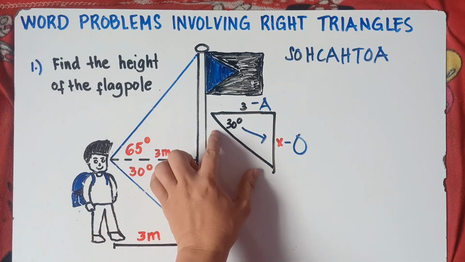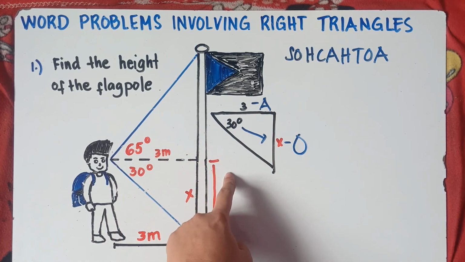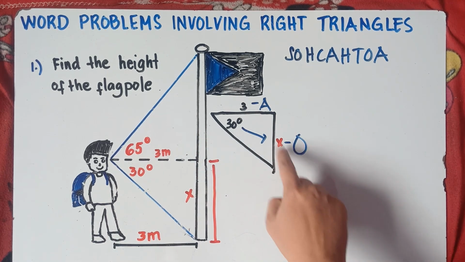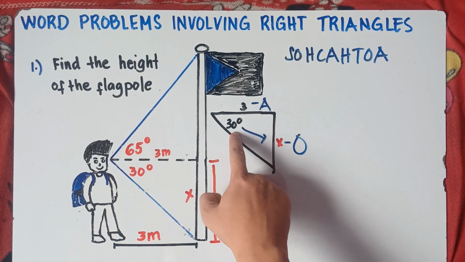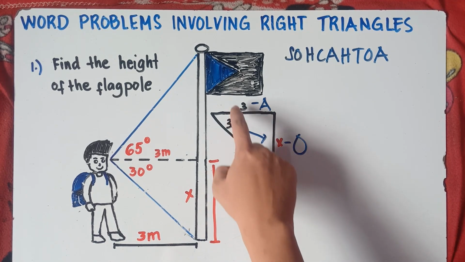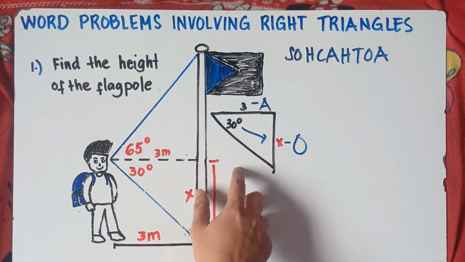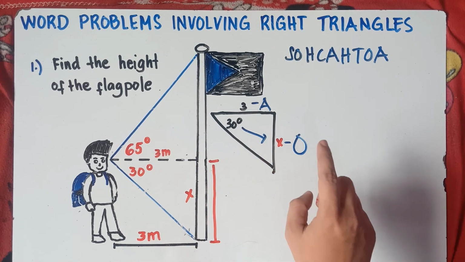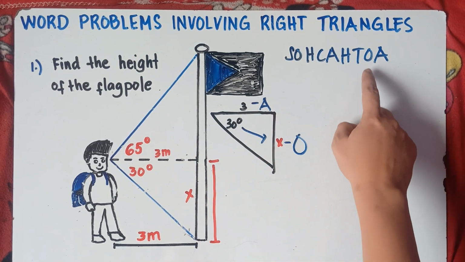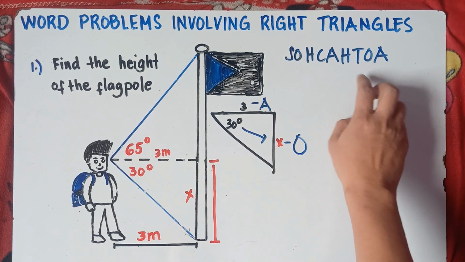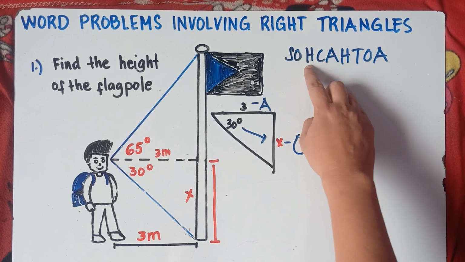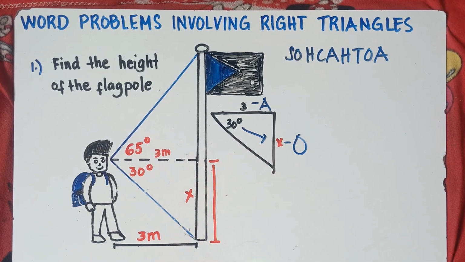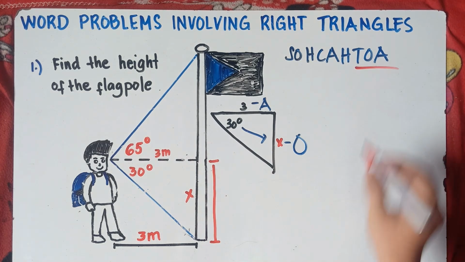Once again, class, we don't have the value of the hypotenuse. Hypotenuse is not involved, so we will not be using the hypotenuse. The involved sides would be x and 3. Opposite of this angle, that's the opposite. Right next to this angle is the adjacent. The longest side is the hypotenuse, and we don't have any value for it. So we have opposite and adjacent, so we'll be using tangent. We cannot use sine because it has hypotenuse. We cannot use cosine, it has hypotenuse. And we don't have any value for the hypotenuse. Therefore, we will be using tangent.